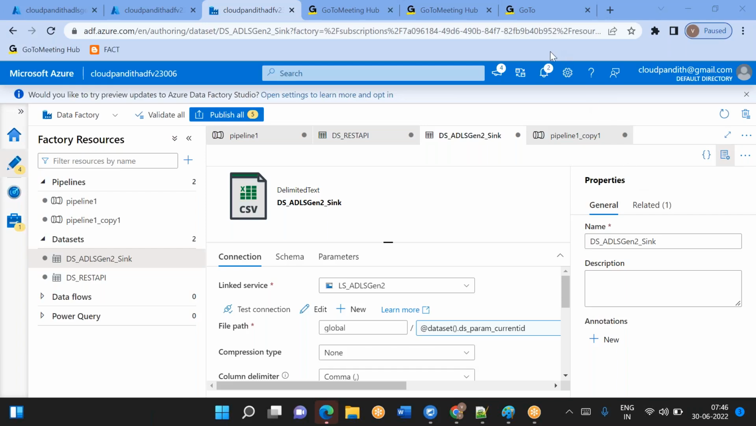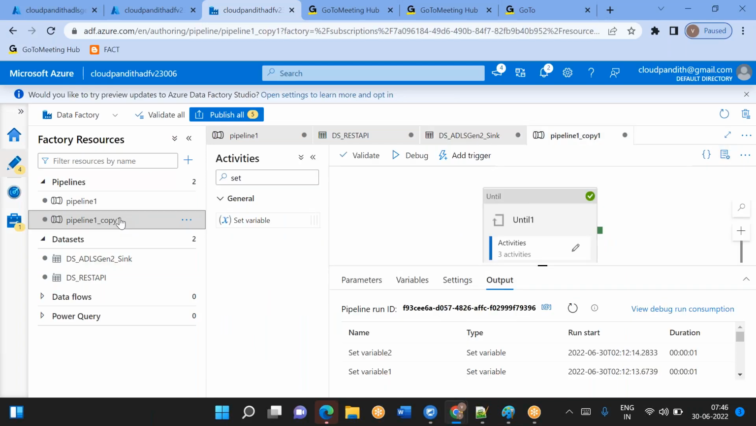Any other questions? Malaya, I have a question. We could also achieve this by writing a set variable of array type, writing 1 to 10 and iterating it with a for each loop, right? Yes, you can do that. But generally, the until activity is used to check multiple conditions. In REST API kind of thing, you will not have a